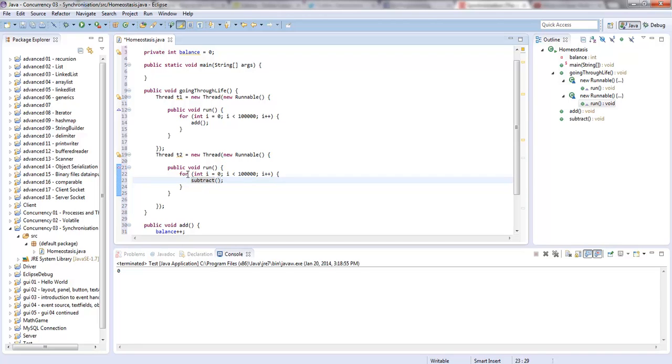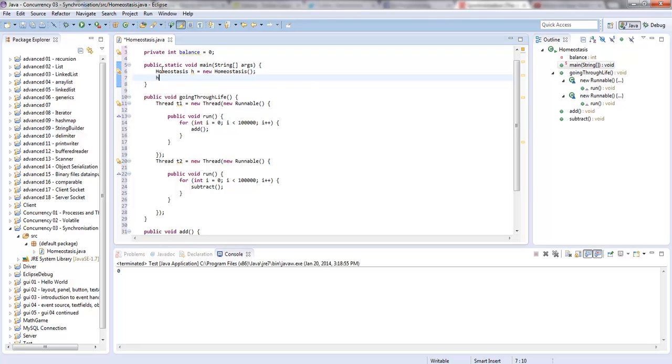Okay, let's take a time out and look at what this is supposed to do. So we're going to create a homeostasis object in here. I'll just call it H equals new homeostasis. Should have picked a smaller word. Okay, and then I want to say H dot going through life. Okay, so if I ran that,